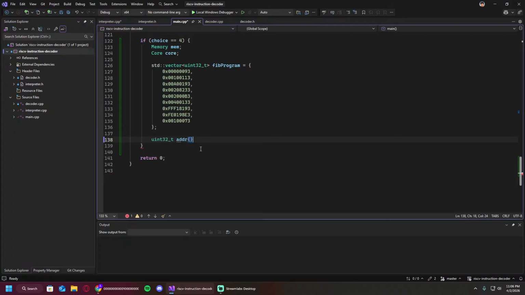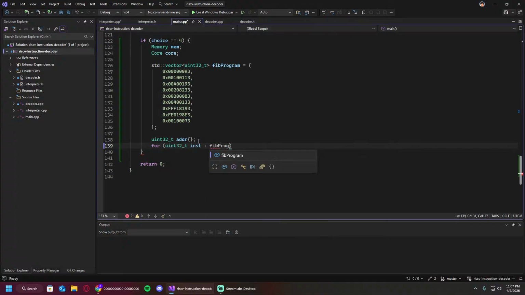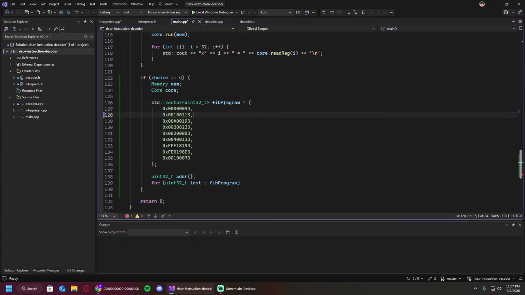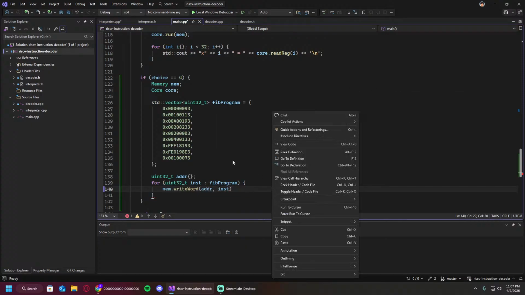Okay, so just initialize it. And since we're doing Fibonacci, we need to do the for loop, because that's what we need. And it'd be the instruction, right? And we can just do this one like this, just like how we have it for our Fibonacci program. So it would kind of just be like that. So each instruction would go through, right? Essentially just writing to the memory,